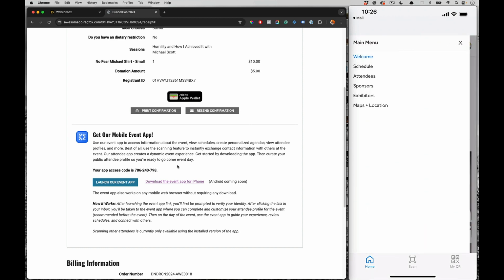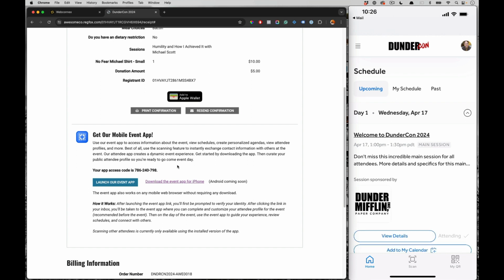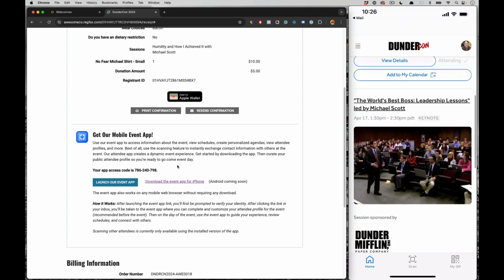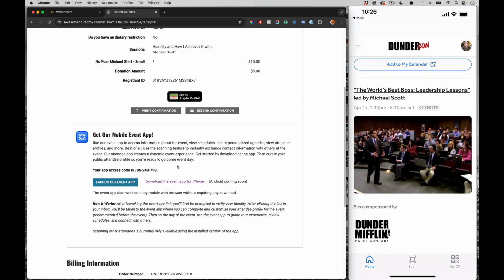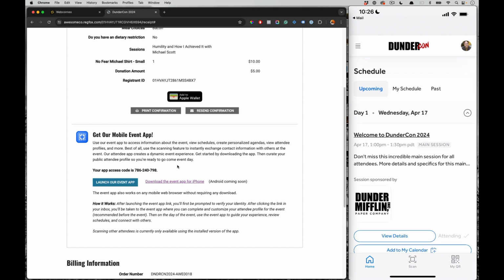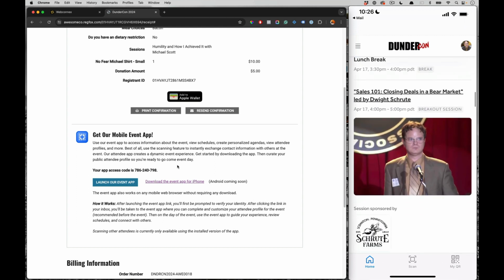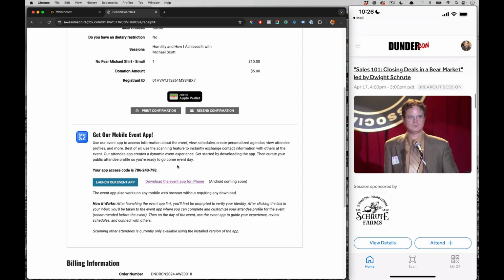Let's go over to that hamburger menu on the top there, and let's go over to schedule. And here you can see that we have the upcoming schedule, but then we also have the My Schedule. So this is where people are going to build their personalized schedules. So remember how I automatically added the welcome session, so that is automatically inside my session here. I also had configured it so that I would automatically have this keynote here in as well. But if I want to build my own custom schedule, I can go through here and I can see which sessions I'm already attending. So if I want to go through here and look at maybe this Sales 101 session,